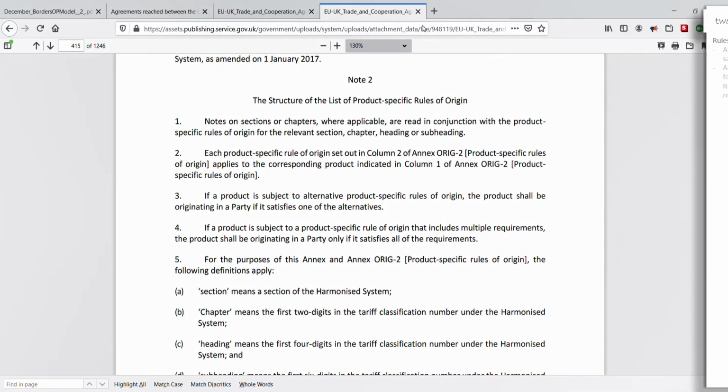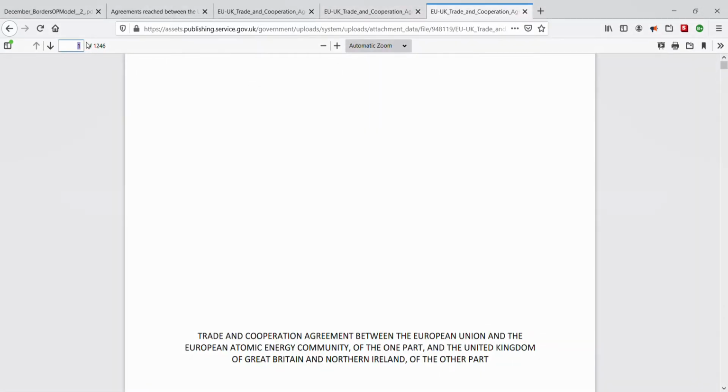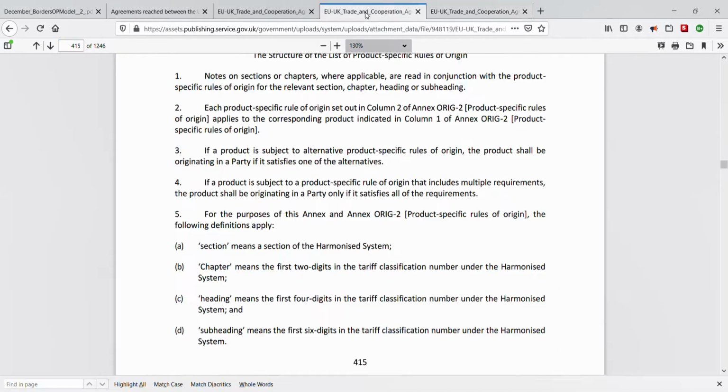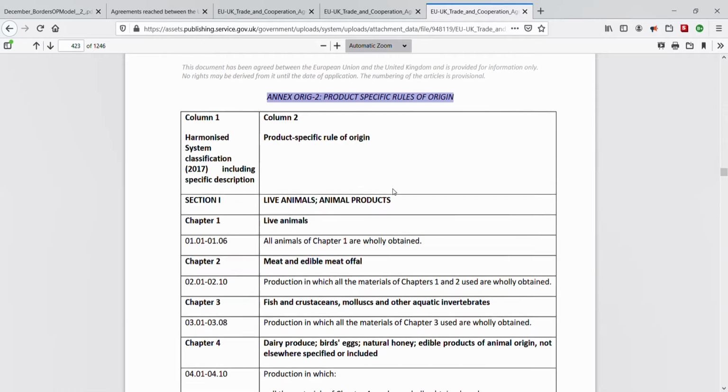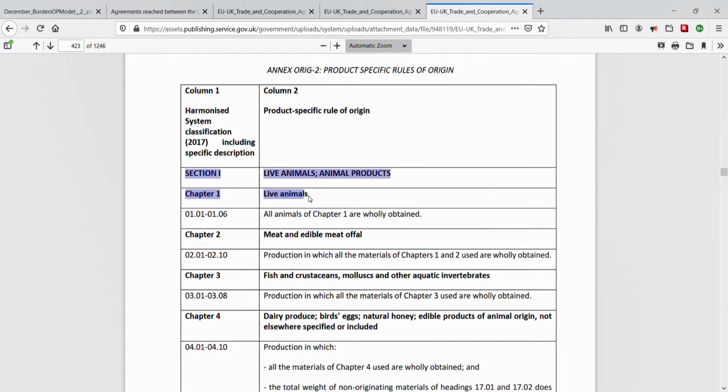Duplicate this first. And Annex ORIG-2. Page 423. Okay, great. Keep in mind that a combination of a section, chapter, heading, and subheading identifies a category of product, as given in column 1. And regarding the structure and organization of rules of origin, section headings and chapter headings provide labels, or titles and subtitles, in the second column. But each rule is woven into the associated headings and subheadings, found under the section and chapter titles. And all this forms the product-specific rules of origin bit of the harmonized system. And to reiterate, don't worry about trying to understand rules in column 2 at this stage. We'll get to that later.